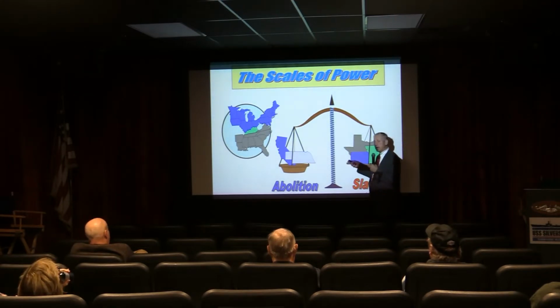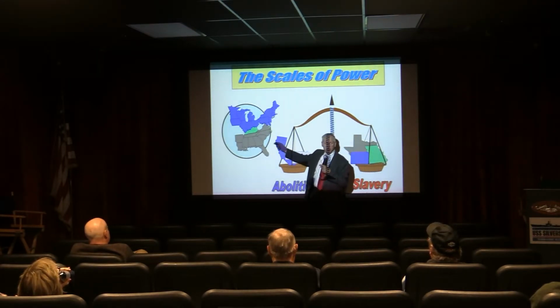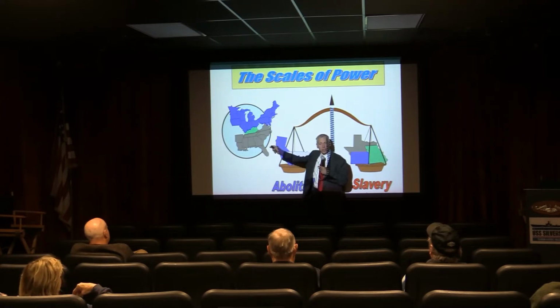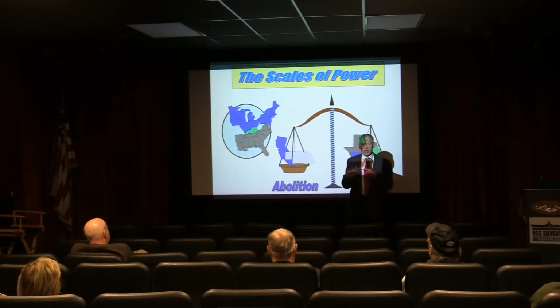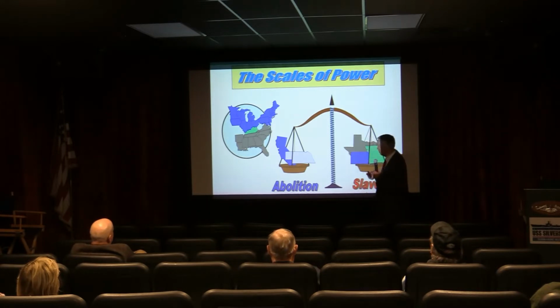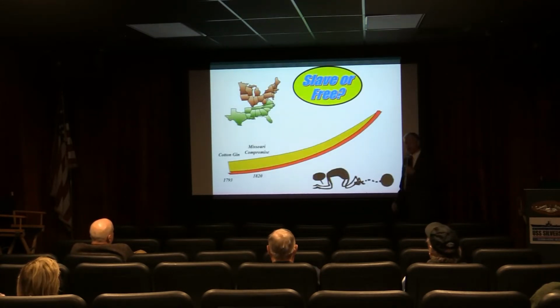Abolition versus slavery played out on the chessboard of the American continent. The states were represented in Congress. Congress made the laws. As long as the South and the North maintained an even number of states and representatives on either side, the South could keep the North at bay from passing any laws to eliminate slavery. So every time states came into the Union, it was a highly contentious issue, one that was fought over in the halls of Congress to decide whether or not it would come in free or slave. This began the country on a long upward slope towards war.